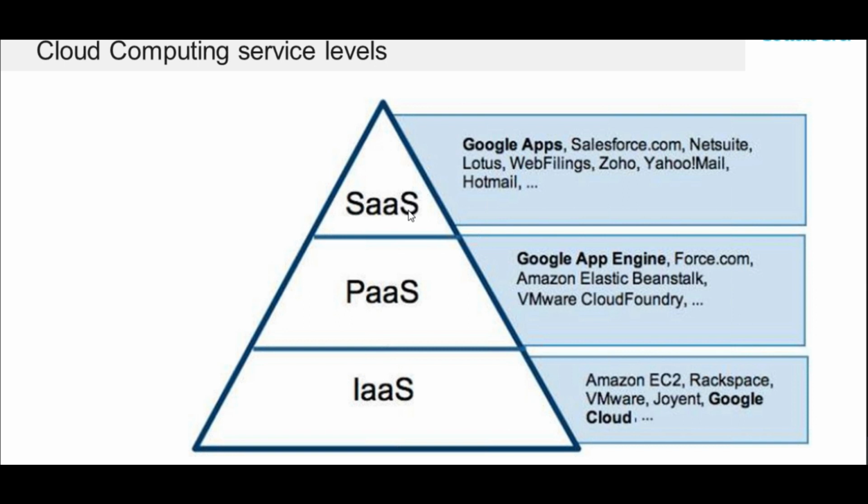Those applications are running on what type of servers? What is the capacity of that server? Is it a 10 CPU, 14 CPU, or a larger server? We don't know that. So we don't know about the infrastructure where the software is running. We don't know about the platform where that software is initiated or running. We just access the software. And that's what software as a service means.